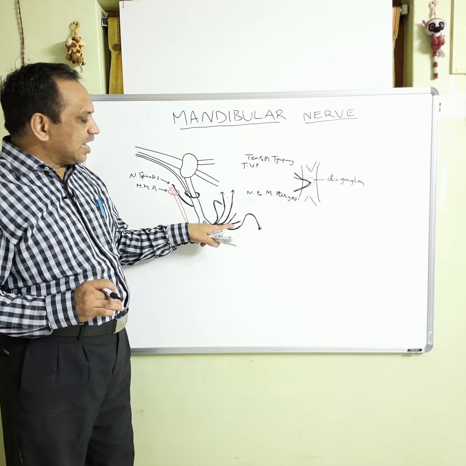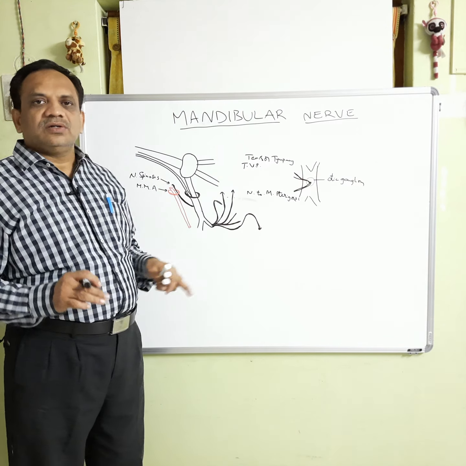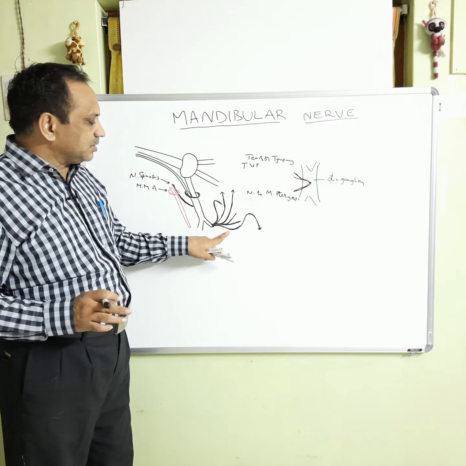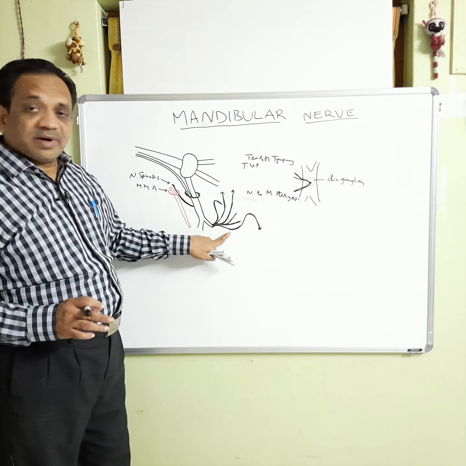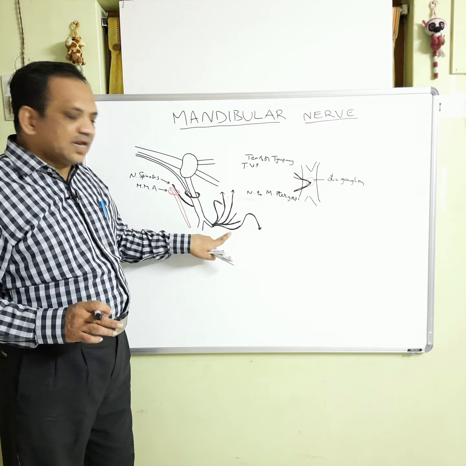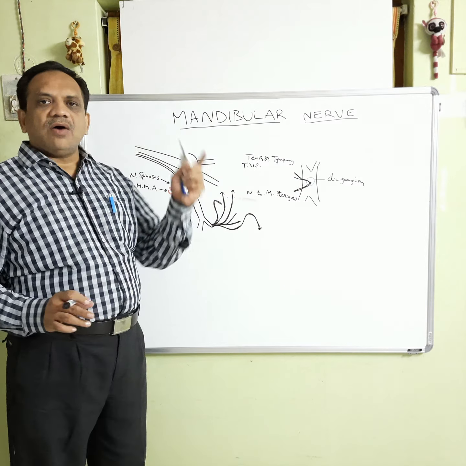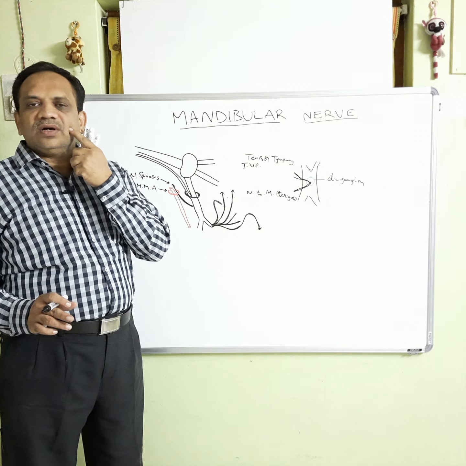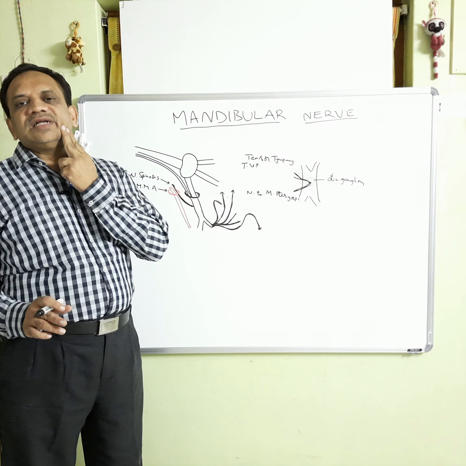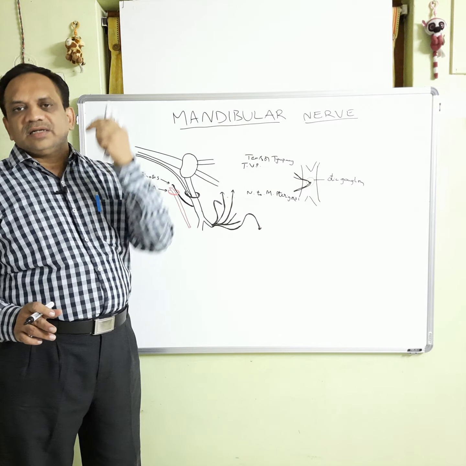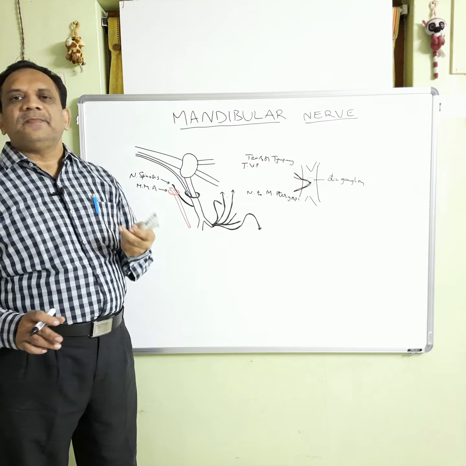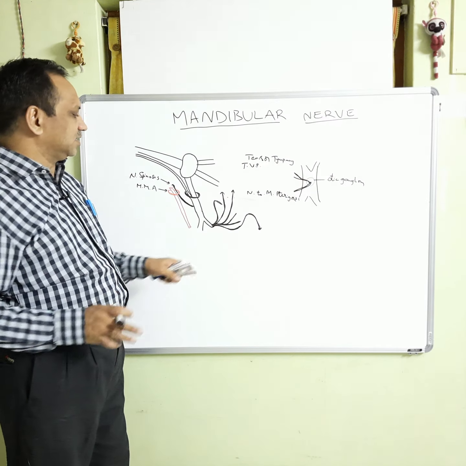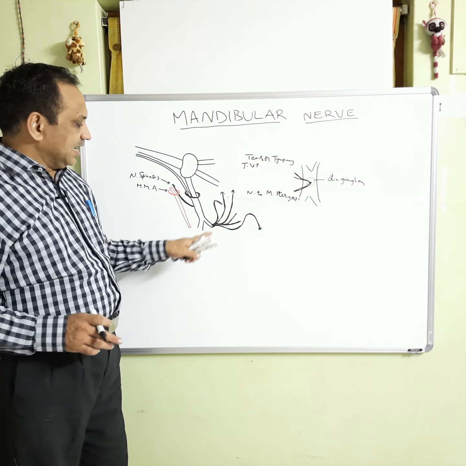The third one is the nerve to the lateral pterygoid. It gives two twigs, one for each head of the lateral pterygoid. The last one is the buccal nerve. The buccal nerve is a sensory nerve which emerges between the two heads of the lateral pterygoid muscle, and reaches the cheek to innervate the skin over the buccinator muscle and the mucous membrane behind it, but it won't supply the buccinator muscle. You have to remember that. These are the four branches of the anterior division.